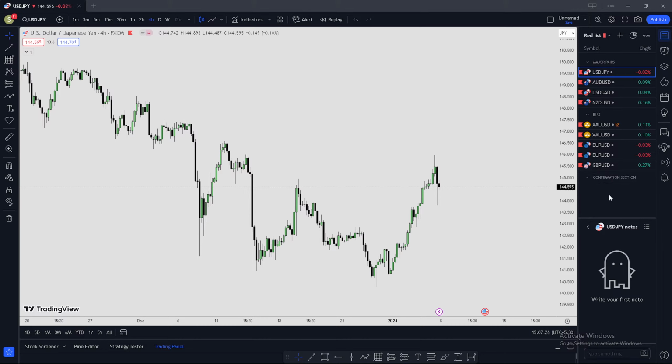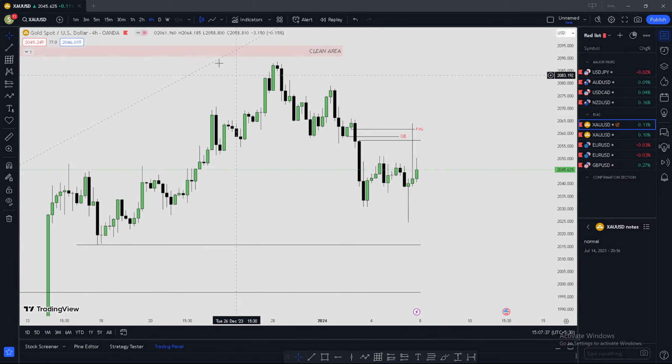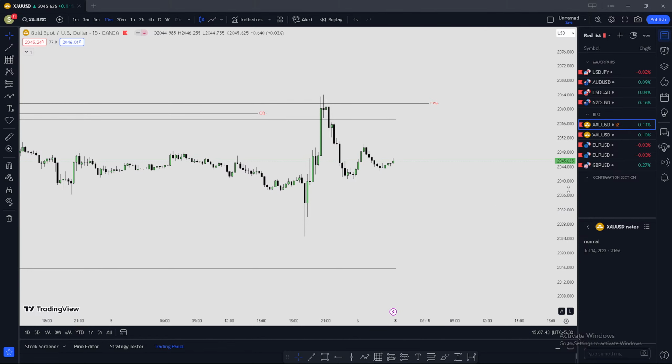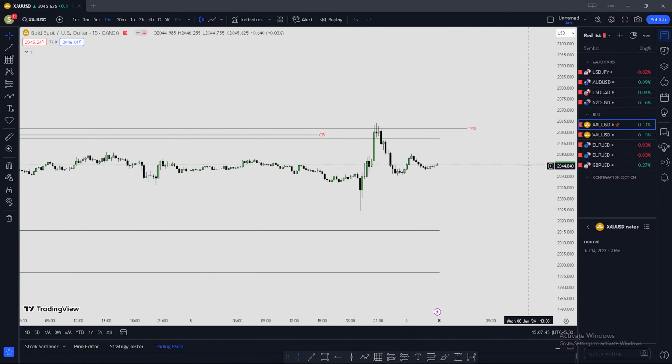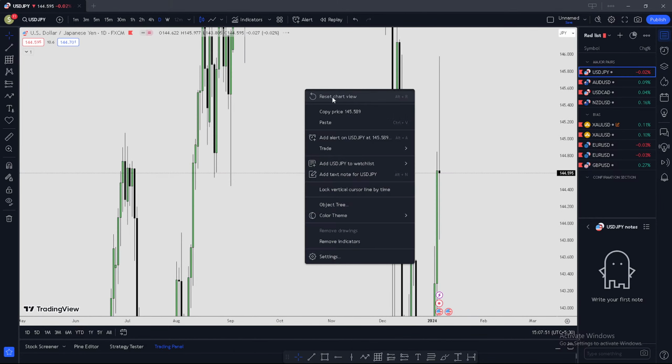Okay, so our confirmation section is here, where I'll be moving the pairs down, like on gold. We can see if we get a good move below. If we get a move below this, then we can play around to get some more. Once we have confirmation, we'll be executing the trades on USD pairs.